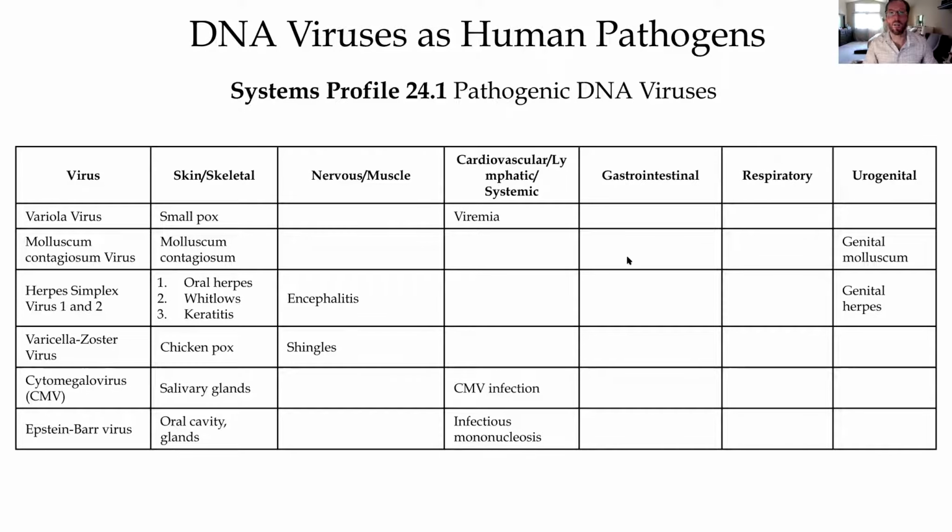Here's a table of some common DNA viral pathogens. Again, you don't have to memorize these tables, but this gives you a nice overview of the type of virus, and then where it infects. And so you can see we have different types that infect different areas, whether it's the skin or the salivary glands